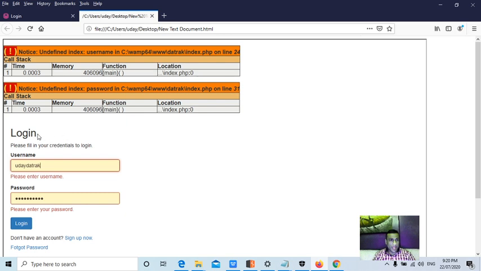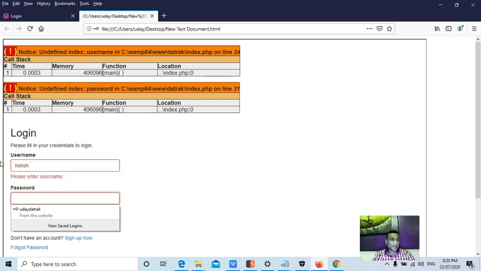Because if a hacker loads this as an iframe in his website, when you enter credentials, in the back end he will be running a JavaScript keylogger. So if you enter the credentials here, they will be captured by the other website which is loading this particular application in an iframe.